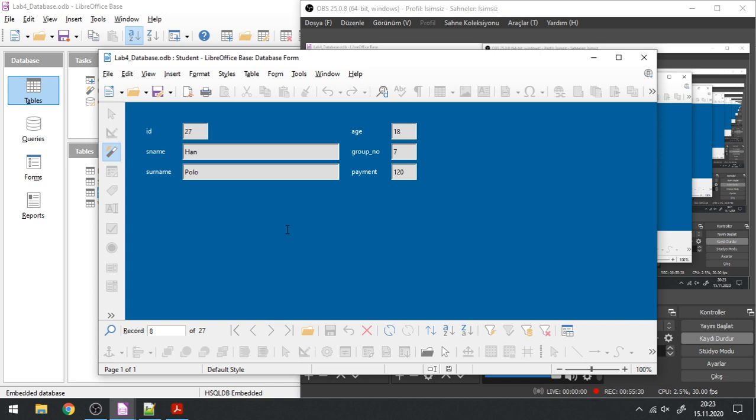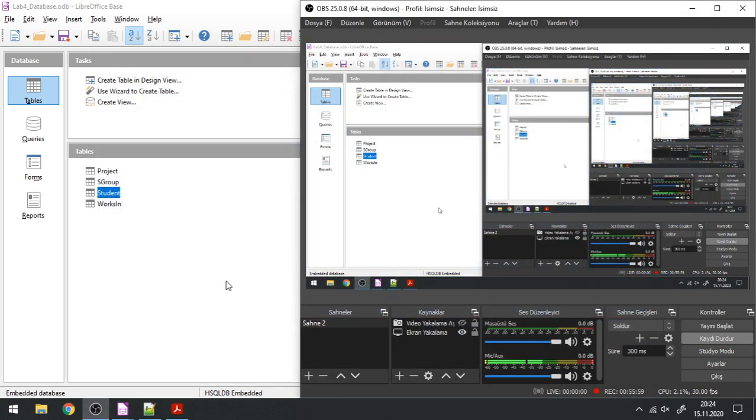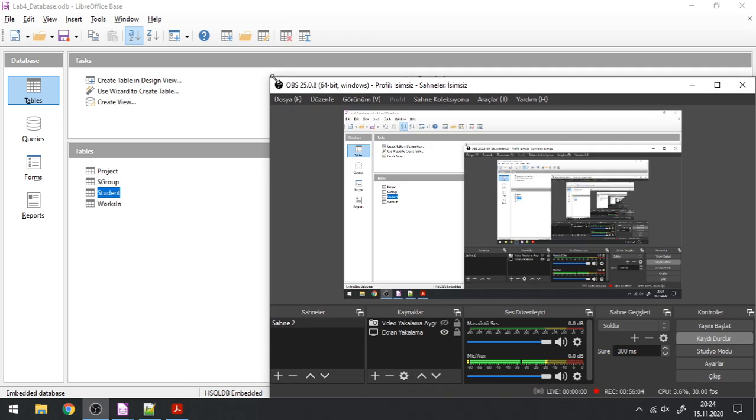So for the coding, we are going to use some specific things. We are going to use coding for just some specific things, and those specific things are going to be getting some value from these text boxes and using it in some query. If I click on a button, for example, that's going to be just one thing that we are going to use. So with Visual Basic, we are going to use it using some very limited knowledge. So you don't need to